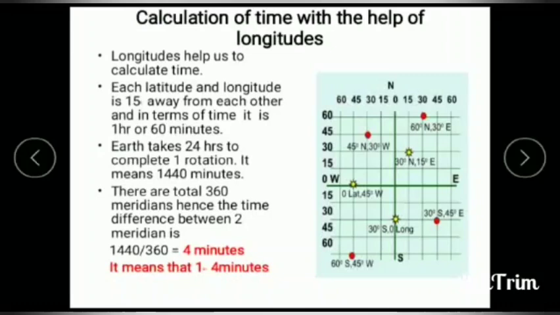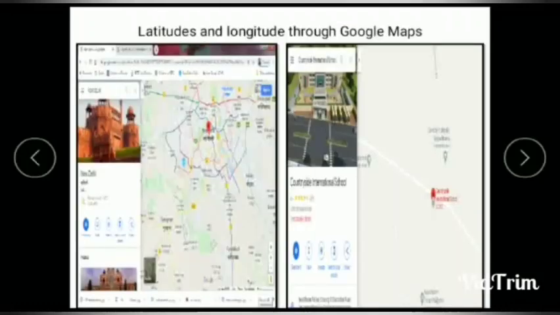Now let's have, in my first video, I told you how Google Maps finds the location. So now at this point, I think you all are clear with the concept of latitude and longitude. But let's see how Google finds it out. The first step would be, you will type the name of the place in Google Maps. So it will show the picture. As I have typed New Delhi, it will show the location of New Delhi. I have also written our school name, Countryside, so it will show the location.